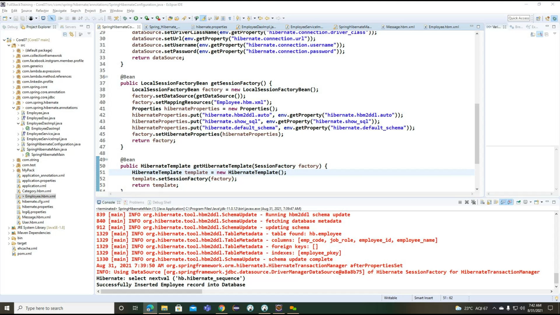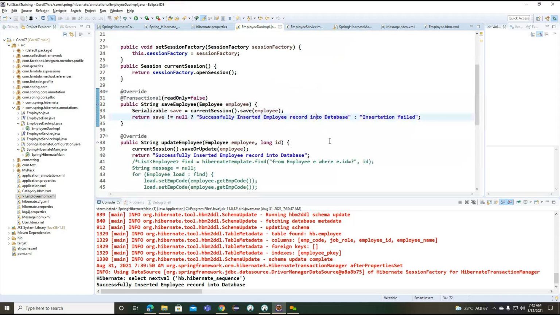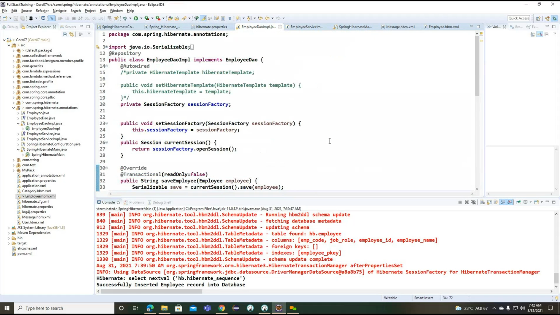Session factory and template is handling the transaction information, but the session factory is not handling the transaction.